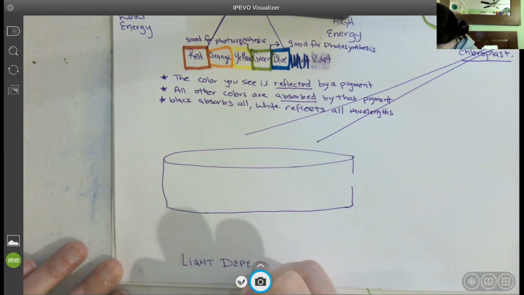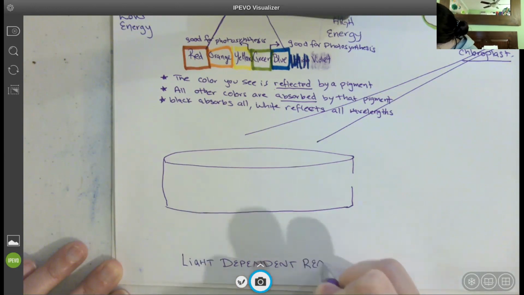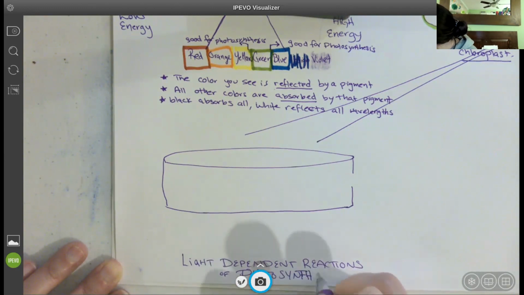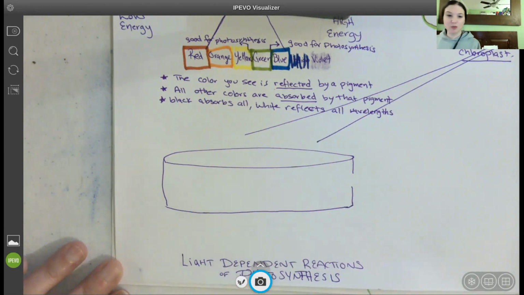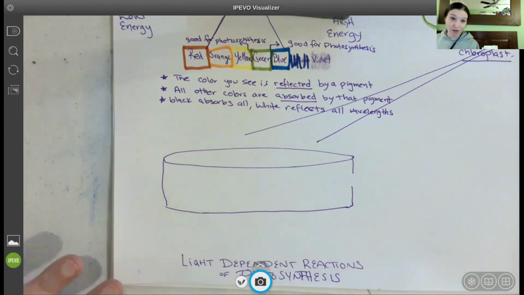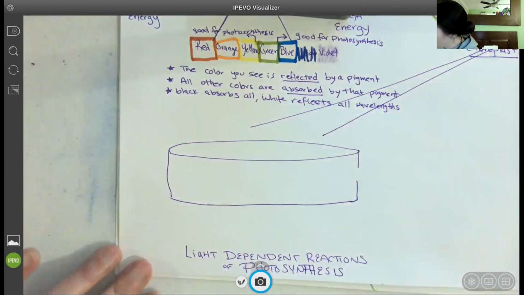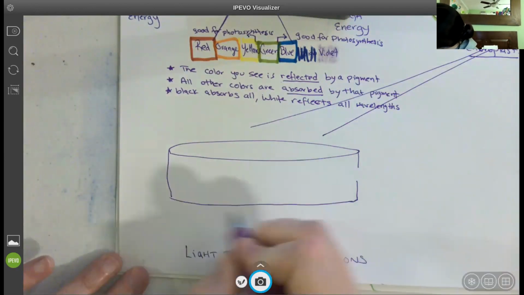Okay, so we are going to call this the light dependent reactions of photosynthesis. This is apparently going to be the picture where I never write photosynthesis properly. Okay, so here in our thylakoid,